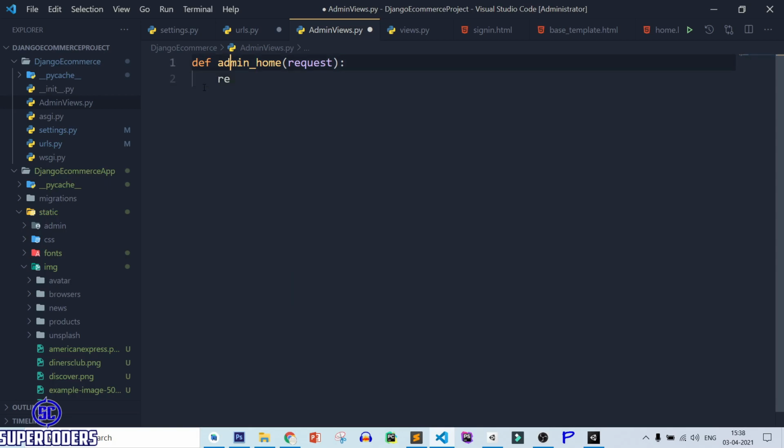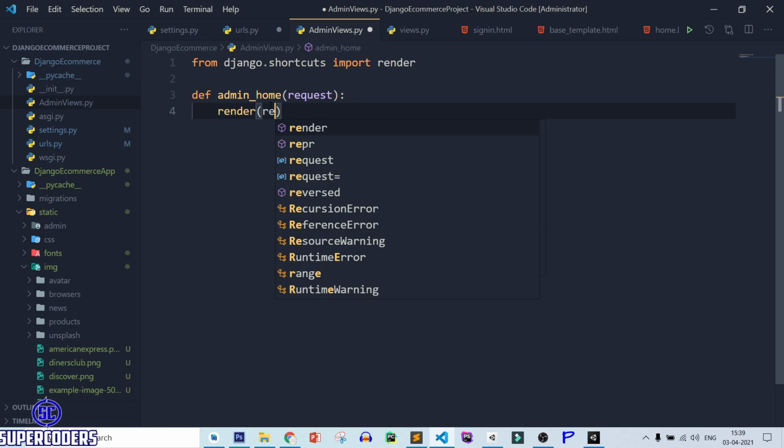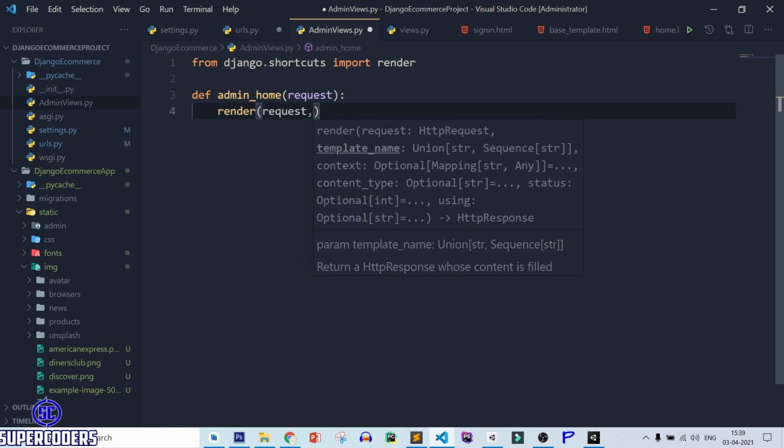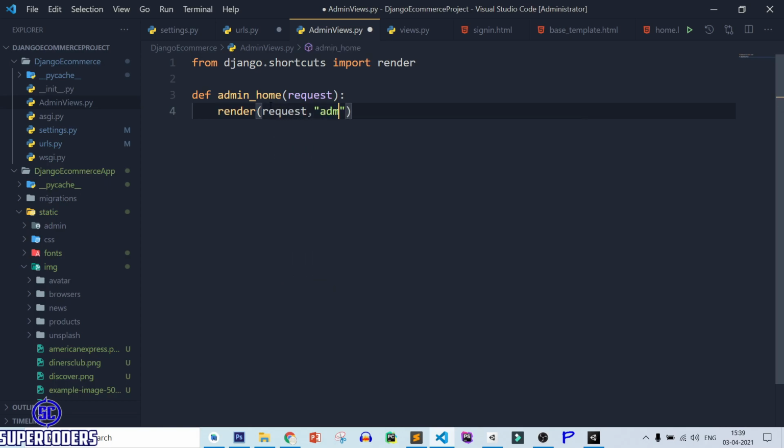So let's import the render from django.shortcuts, import render. After that, render, pass request object, then pass admin templates.